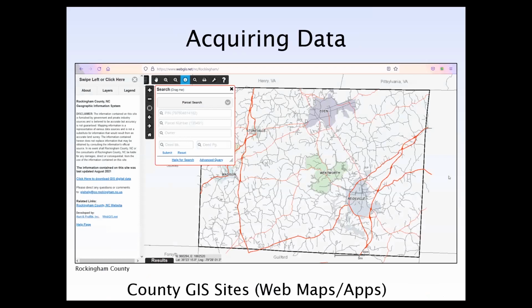I've acquired data from a number of different sources, but the most common source was the GIS site for each county. Almost every county has some kind of web map that contains their basic GIS layers. People sometimes use these to examine parcel boundaries. But as I was working through the data, if there seemed to be a discrepancy or some kind of confusion on my end, I tried to reach out to the county GIS staff to clear that up.